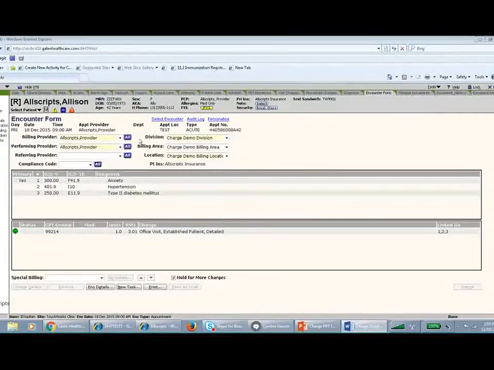So ideally, what you want to keep in mind when we're talking about the process of populating and submitting encounter forms is our patient is registered and scheduled within our practice management system. On the day of the appointment, the patient is going to be marked arrived. It's going to translate over into our schedule for the day for the provider. The physician can actually come in and enter some charges, and then our charges can be reviewed or invoiced. You might wonder how they're going to be reviewed or invoiced. So if we unclick this hold for more charges, and we hit submit,